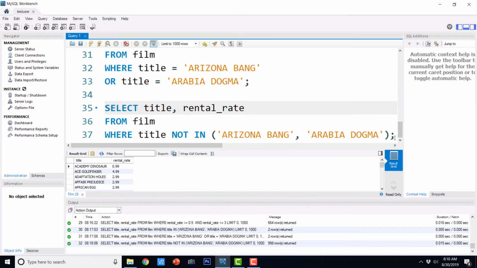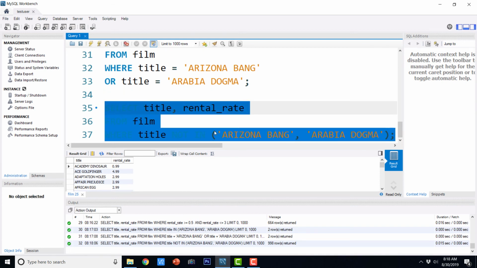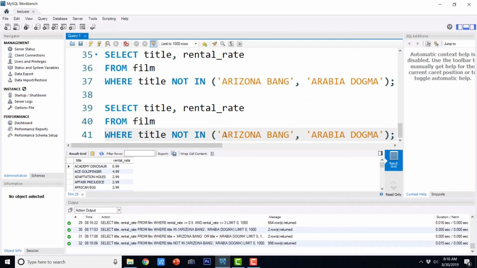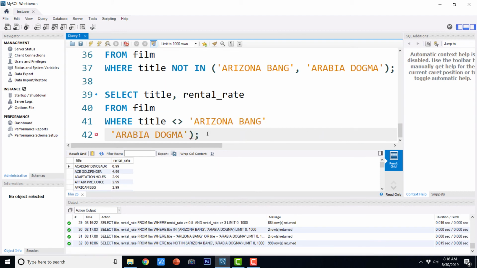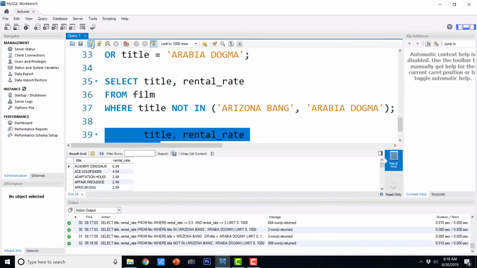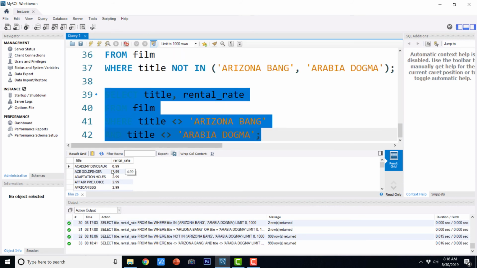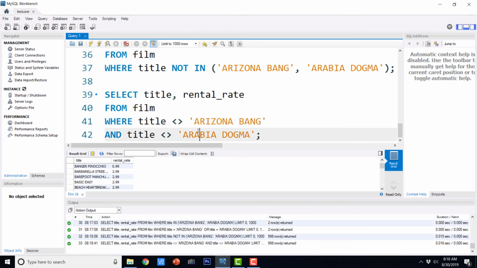Okay, so now we can even rewrite it with and. This is the output. Okay, so basically this query and this query are the same.